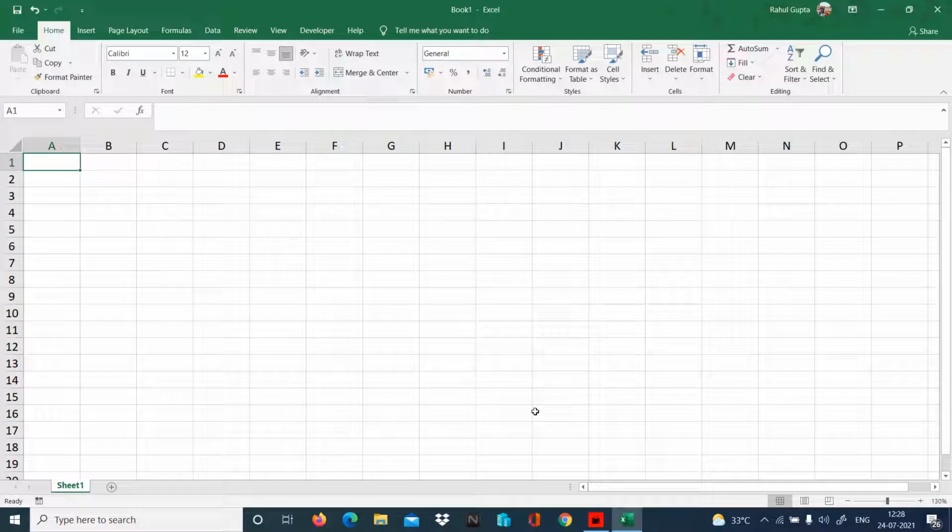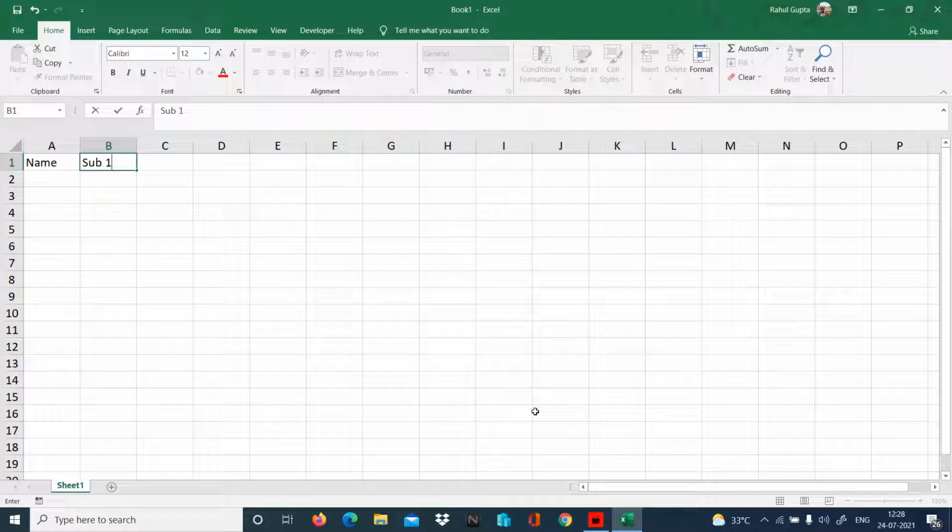So I'm having here name. Let's suppose we are just creating a grade sheet of students. It could be class 10th, 12th, BTech or 5th, 6th, any class. We are just creating a grade sheet. So we have name, we have subject 1.